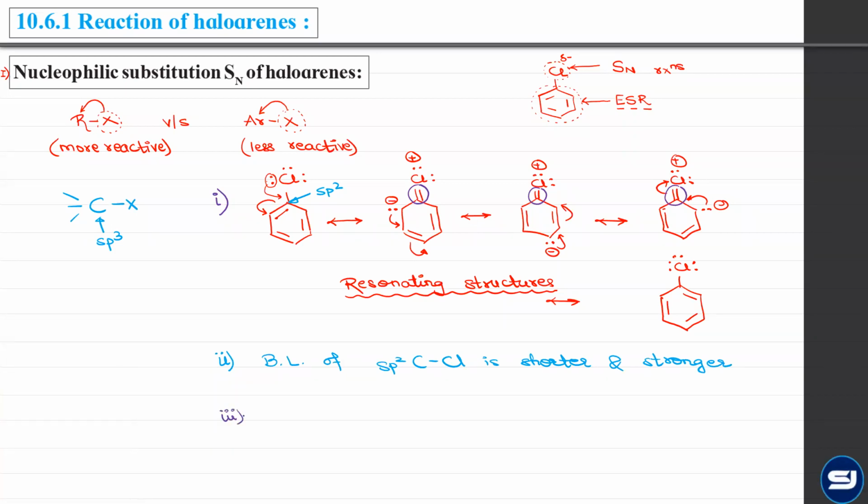And third is the polarity. The electronegativity of sp2 carbon is greater than the electronegativity of sp3. So because of that, this carbon chlorine bond acquires lower polarity, and because of low polarity, this is difficult to break down. In short, ये सारे reasons point out कर रहे हैं कि the carbon chlorine bond in the haloarene is very, very difficult to break down. तो जितना easily यहाँ पर अल्काइल हैलाइड्स में एसएन रिएक्शंस होते थे उतना easily haloarenes में एसएन रिएक्शंस नहीं हो